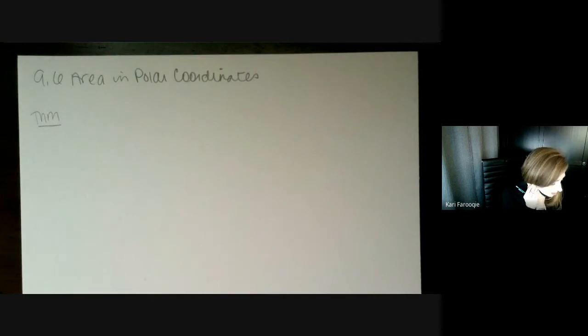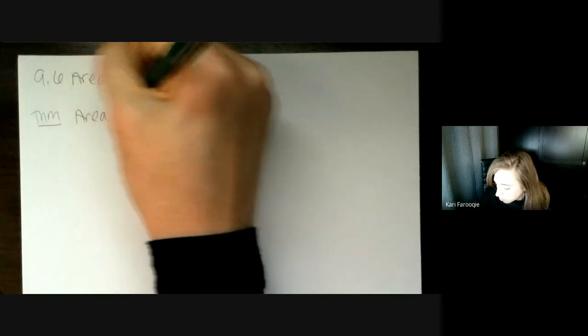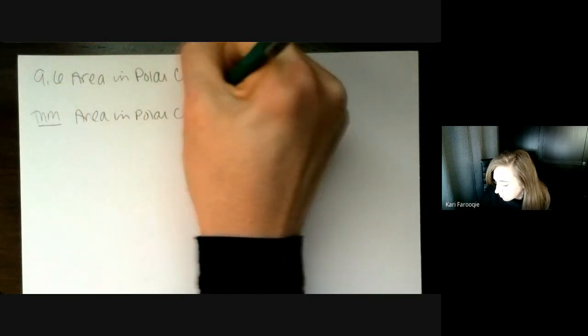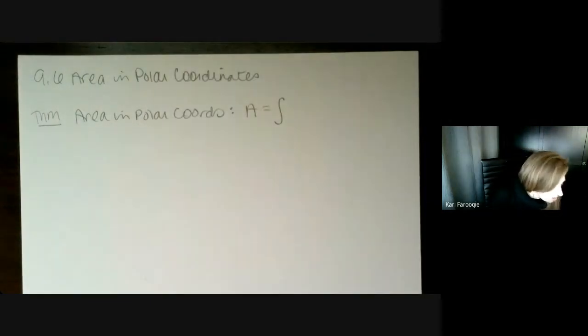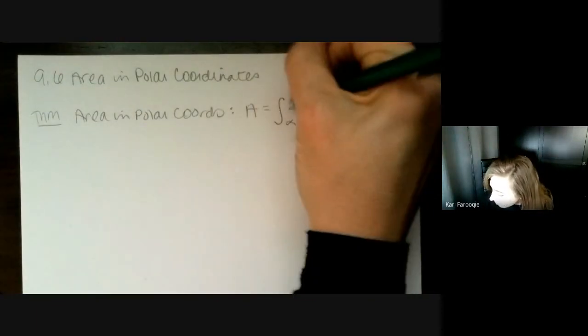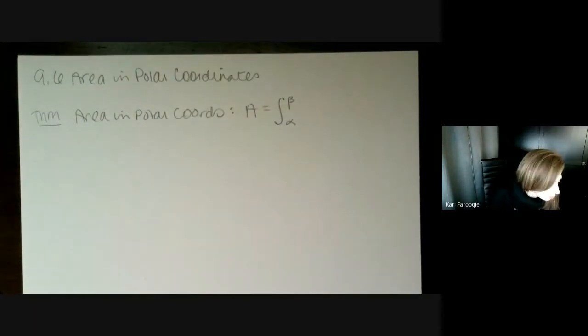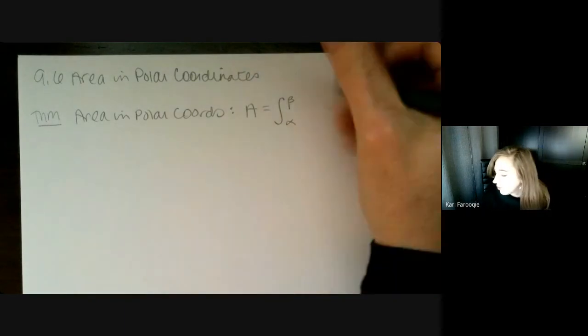All right, I'm going to give you a theorem here, and it's going to be the only one you're going to see in this entire section, and it's very short. But your book knows how to take anything and make it really long. You know what? I'm just going to tell you it's area and polar coordinates. And I'm going to give you the formula because that's what you're going to be using. So this is going to be the integral from alpha to beta of 1/2 r squared d theta.